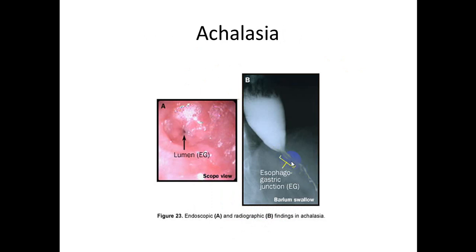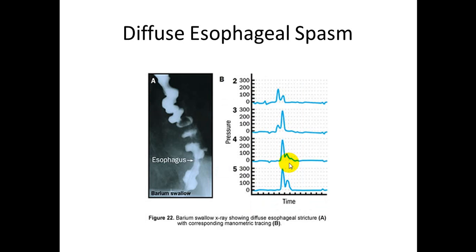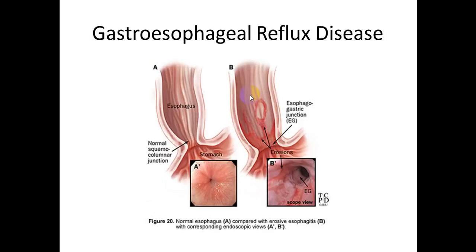This is rat tail appearance shown by barium swallow, and this is a hugely dilated lower part of the esophagus, usually after the stenosis. Diffuse esophageal spasm. This is manometry, from which you can see the different pressure areas at different sites of the esophagus, and this reflects systemic disease affecting the esophagus, most likely here in this case is systemic sclerosis, which causes diffuse esophageal spasm. GERD,